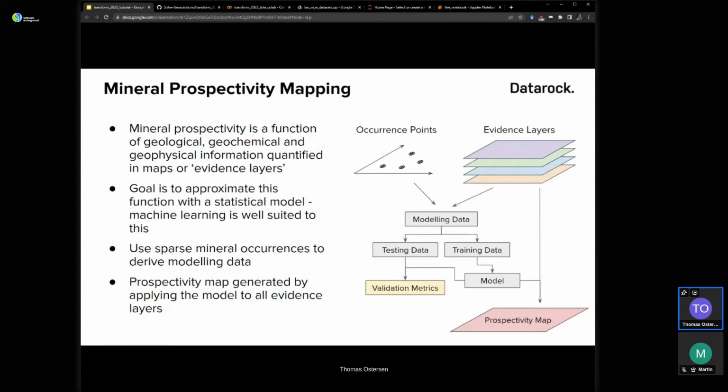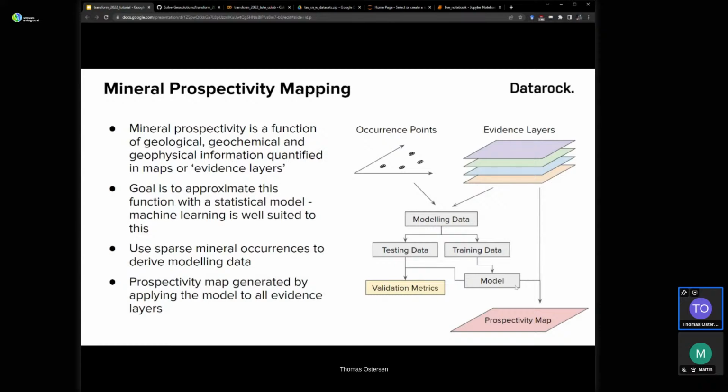We then take that labeled data, we divvy it up somehow, we retain some for model training, which we then try to validate on a separate set of the data to get validation metrics of our model. And then when we've got the model, we can apply it to our evidence layers to derive some prospectivity map.